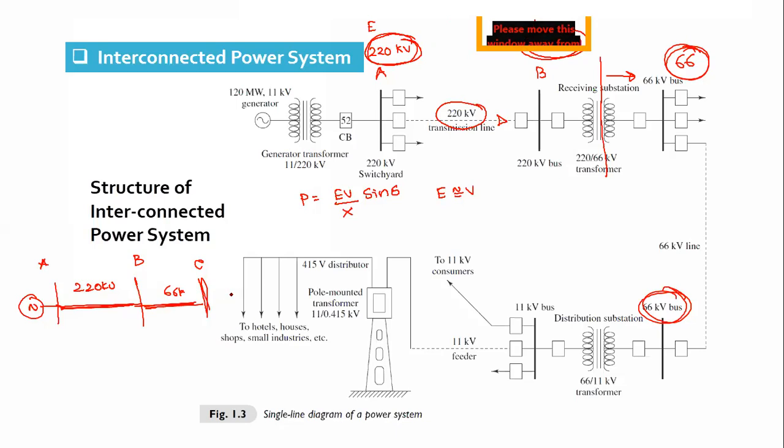And in any case, when a line is connected between two substations, obviously the voltage rating of these two ends will be the same. We cannot have a line with, let's say, a 220 kV bus bar here and a 66 kV bus bar here. It is not a correct way. It is never a case where one end voltage and the other end voltage of a line connecting bus bars will be different.